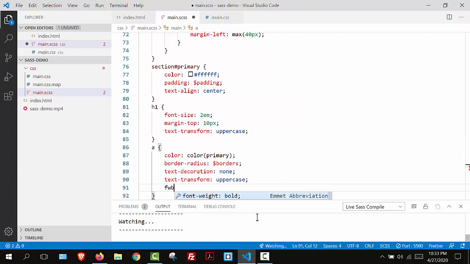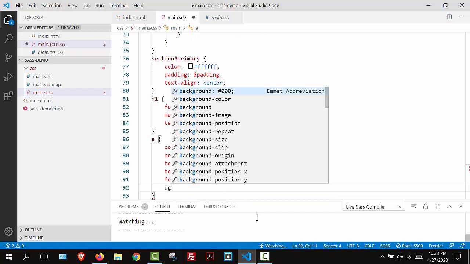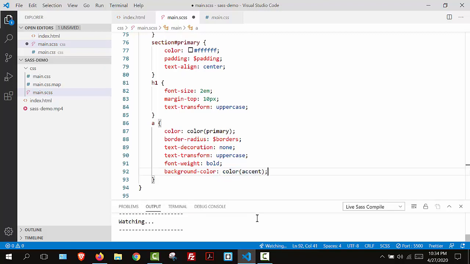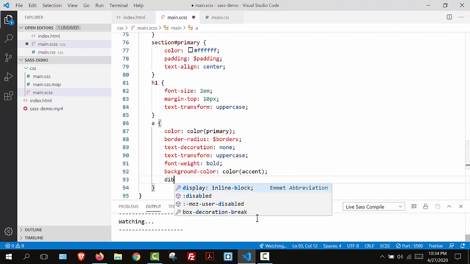The font weight will be bold, and the background color will be color, and then accent. So I need to put that semicolon, display inline block,